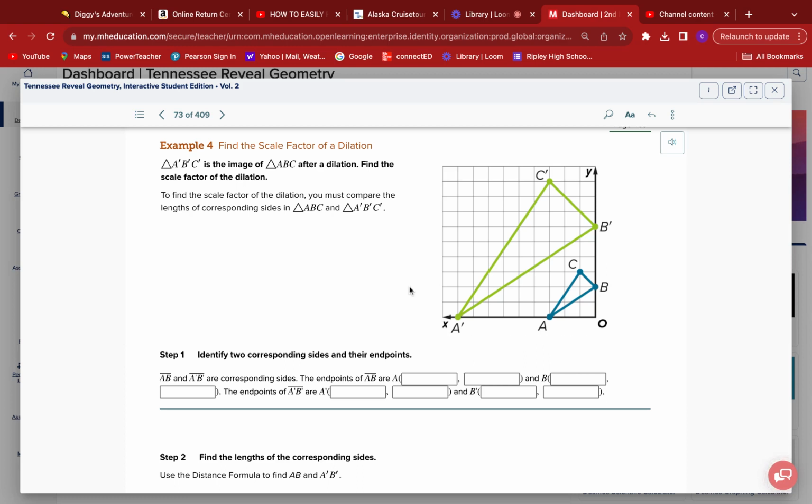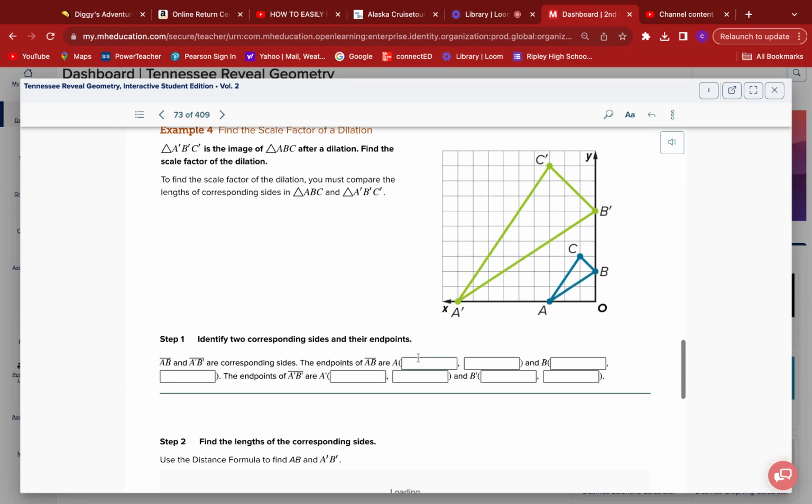Okay, so step one is we need to find the corresponding ordered pairs, looks like. So A is the ordered pair. Here's my origin. So negative 1, 2, 3, 4, 5, 6, 7, 8, 9. So negative 9,